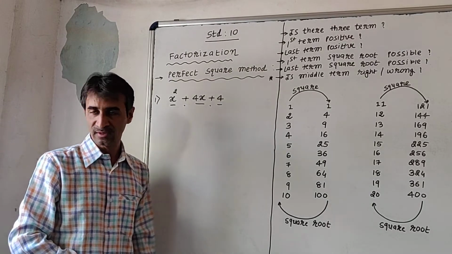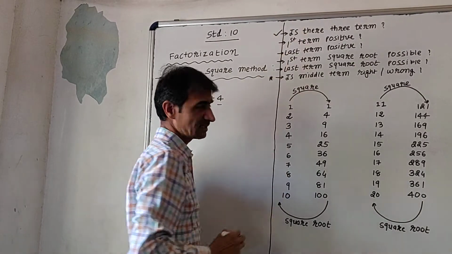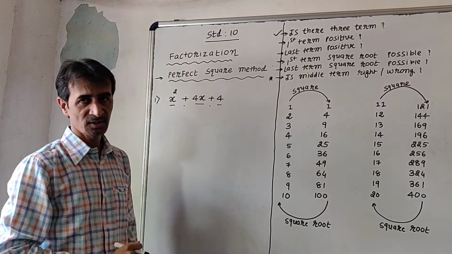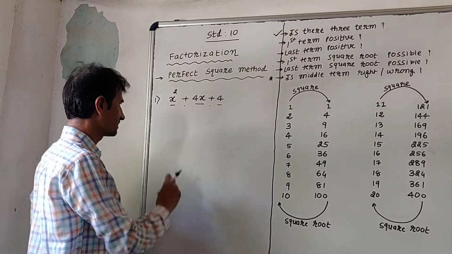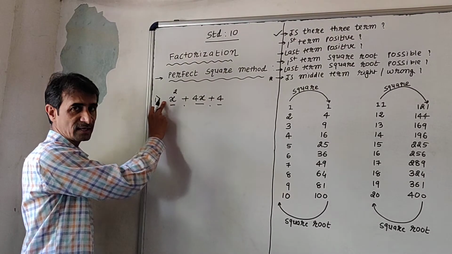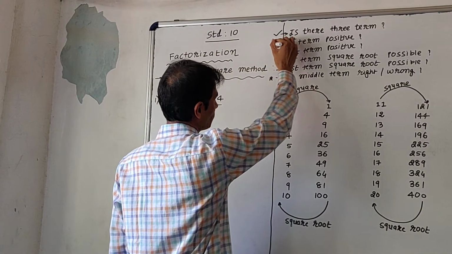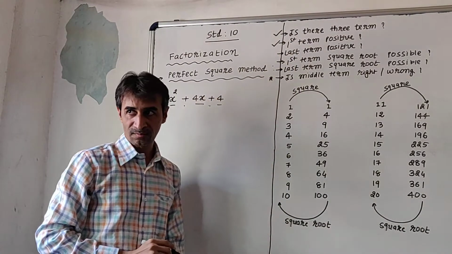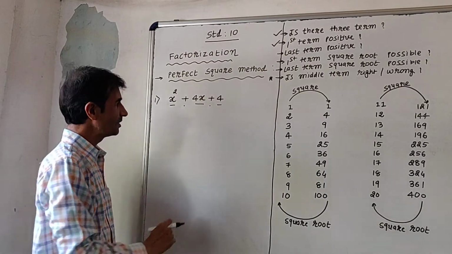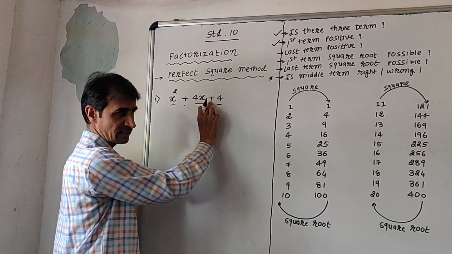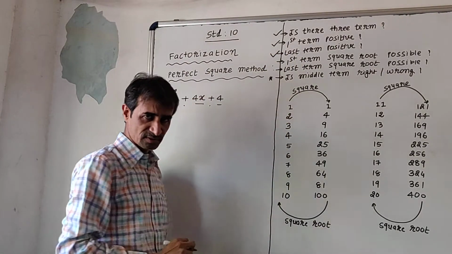So the first question gives me the positive answer. That means, are there 3 terms? Yes. Now question number 2: the first term will be positive. Yes, here no sign is there, so we can say it is positive. That means the second question again gives the positive answer. Okay, third question: the last term is positive. You can see here this is the plus sign. That means, yes, of course, the last term is positive.